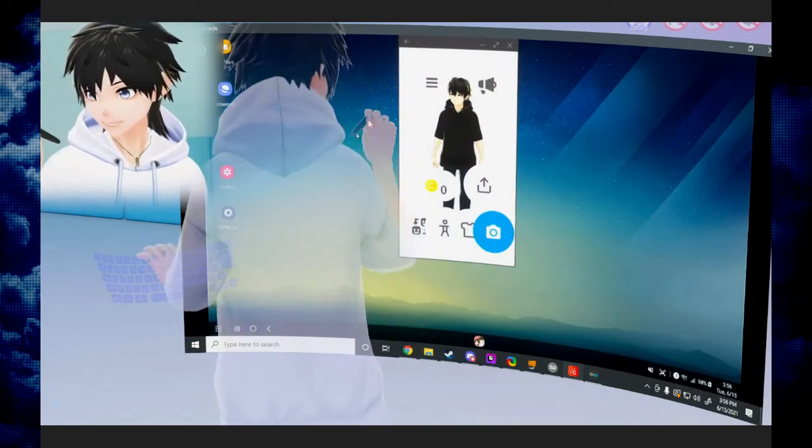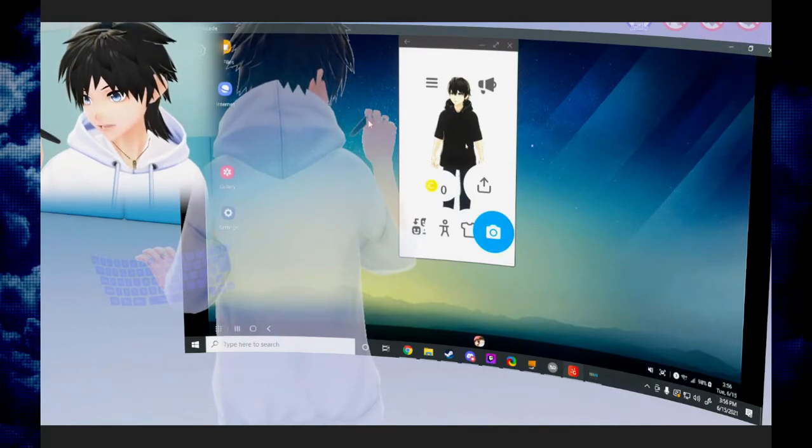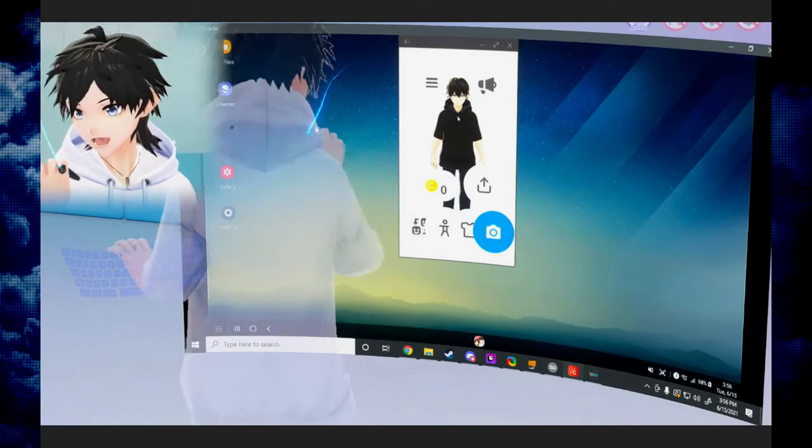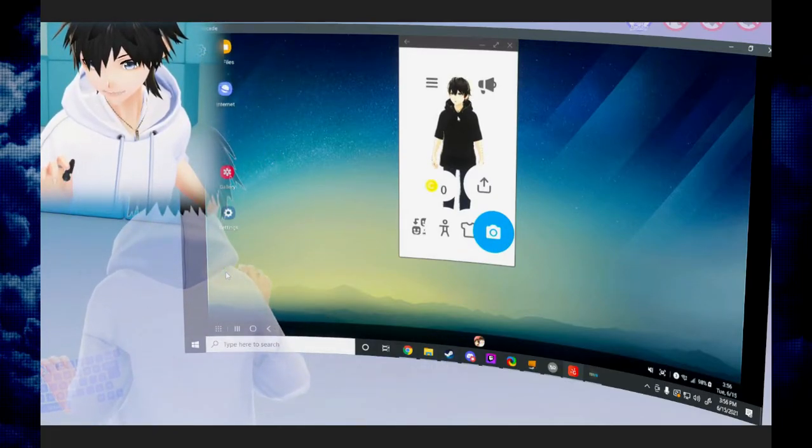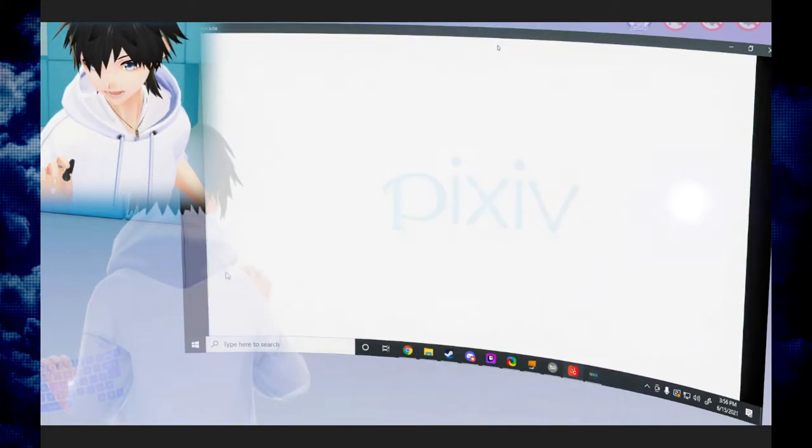So we're gonna go ahead. Like I said, I'm controlling this with my phone here. That's why there are two mouse pads. So I'm gonna move my model a little bit out of the way. And as you guys can see here, I already have a model up and running. So the app that you're gonna want to pick up is called